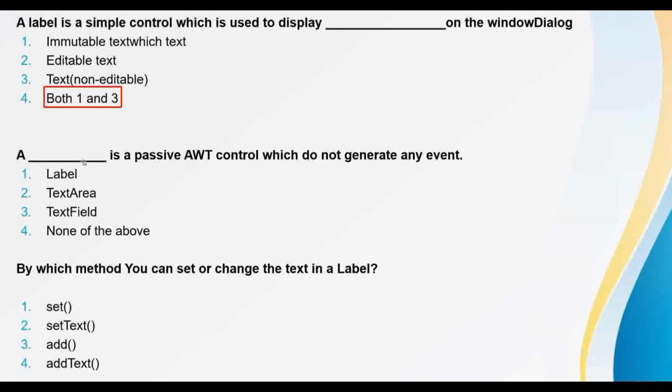The next question is, which is the passive AWT control which does not generate any event? As we know, the answer is label. And the last question is, by which method can you set or change the text in a label? The answer is set